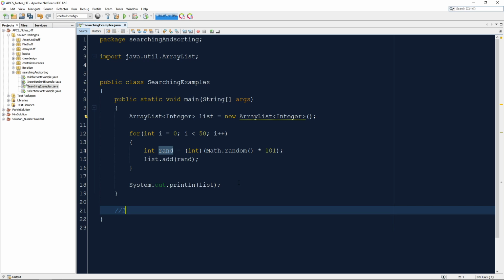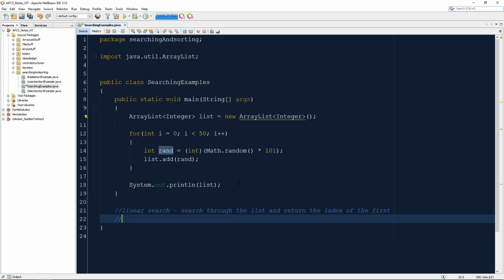So, search through the list and return the index of the first matching value. So if there are duplicates, our solution is not going to find multiple spots, but only the first spot that it matches. So if we have a list of random numbers and there's two 17s and we look for this number 17, wherever the first 17 shows up, that's the index we're going to return. And we'll say if no match is found,